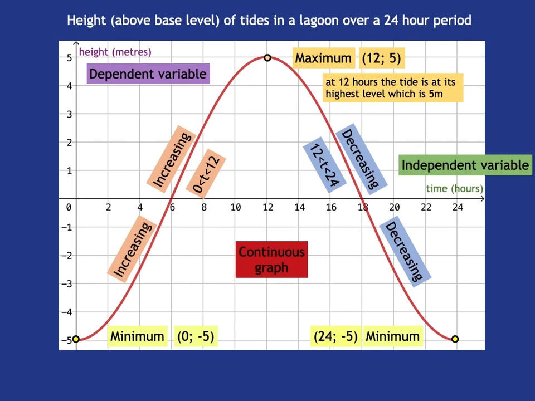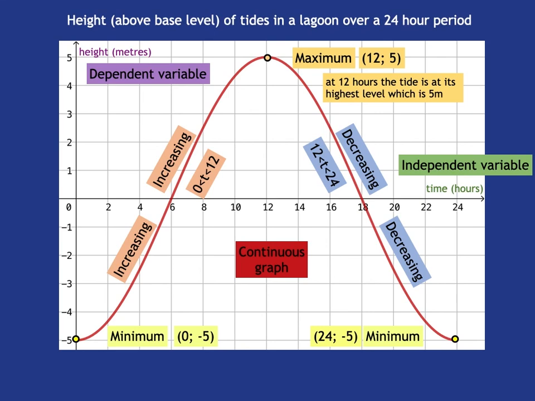One last thing we want to have a look at. This graph is called a continuous graph. And that is because there aren't any gaps in this graph. For every single point in time between 0 and 24, we have got information in this graph about what the height of that water level is. So there aren't any gaps. This is a continuous graph, and we can see it's a continuous graph because it's been